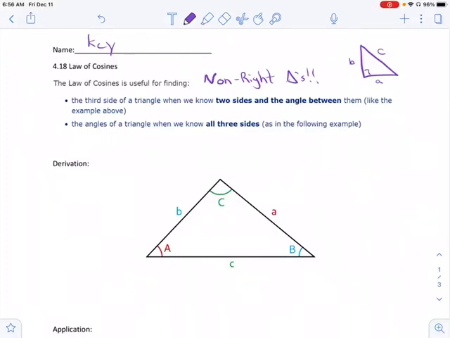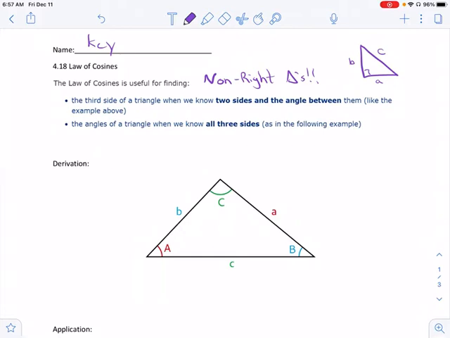Hey everyone, today we're going to take a look at law of cosines. So yesterday we learned about law of sines, which can be used to relate some angles and sides within oblique triangles, so non-right triangles. And today is going to be similar. We're going to get some other useful tools for when we have a non-right triangle